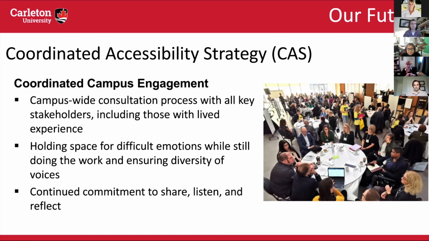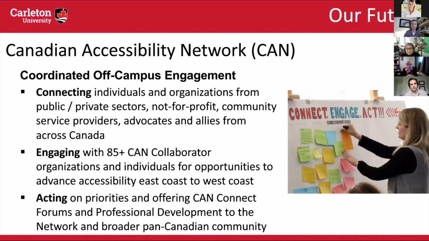energy around the community and engaging and hearing from stakeholders and contributors to the work that we do. And so in December 2019, we formally launched what is called the Canadian Accessibility Network. And I'm just realizing, next slide, please. That process didn't just happen on one day. It took several months of engaging and discussing. But on December 19th, what we did was we brought together a number of people. I think there were 140 plus individuals who gathered to just really explore, if we build this Canadian Accessibility Network, what does it look like and how are we going to share and what are the priorities?